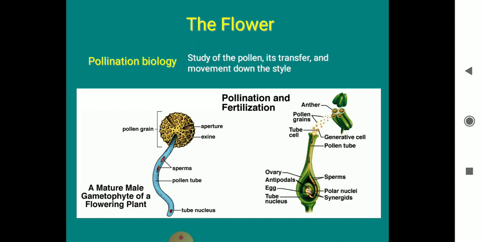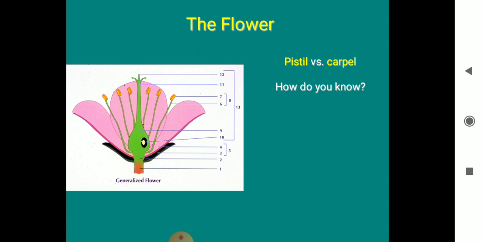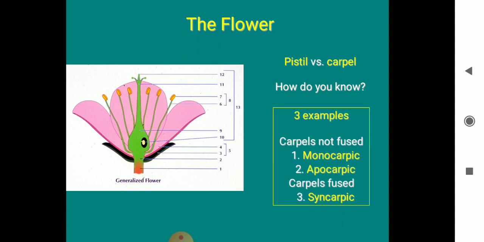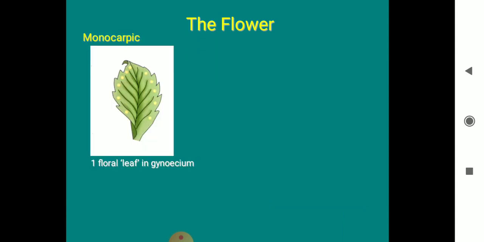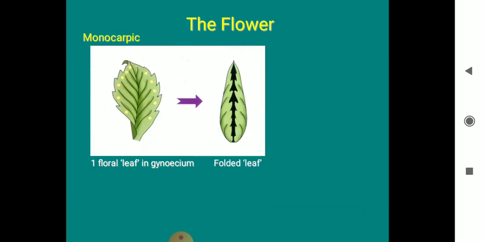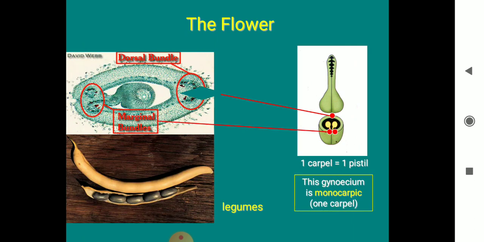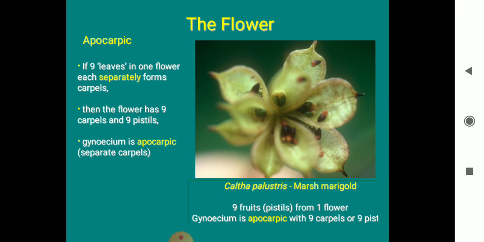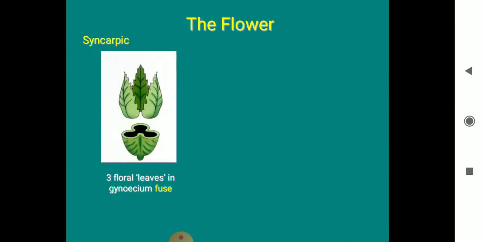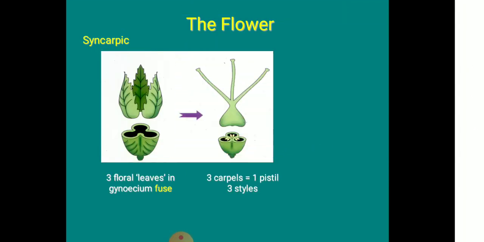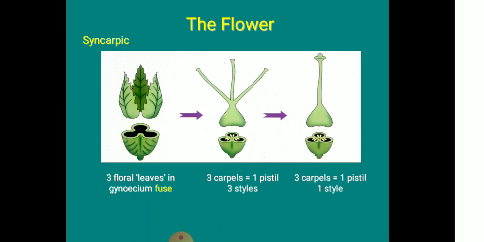So this is how the germination tube occurs after fertilization. There are different types of carpels: monocarpic, apocarpous and syncarpous. And there are also different types of flowers, and based on that the fruits will be forming. So this is how the floral sacs with the three leaves will be formed, and usually the style, that's the pistil,